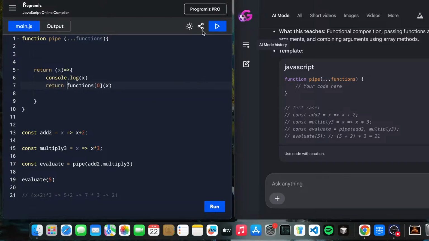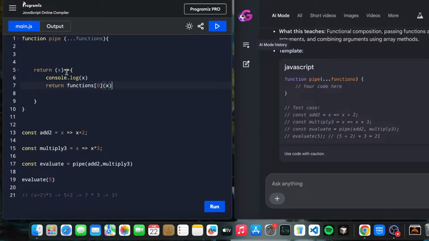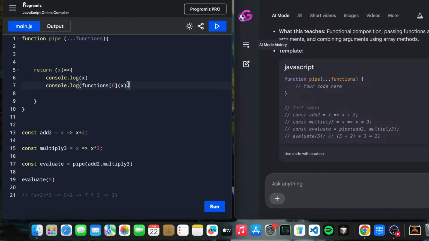Return. No, it's not working. If we do it like this, we can check the console.log also, right? Let's console.log this thing. So I think we should get 7 first of all, because it's 0 then 7. Yeah, we got a 7, so which means